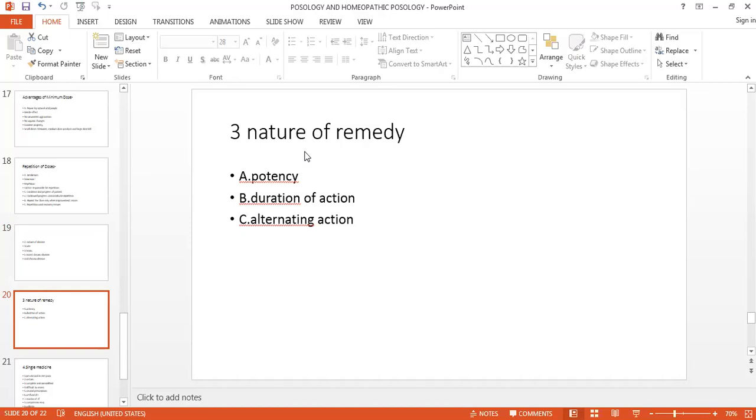So the most important weapon in our hand is the potency. You can increase the potency, you can decrease the potency. If you start with the higher potency, then you cannot come down. You will have to shift then to the 50 millesimal scale. But if you are starting with the lower potency, then there are so many weapons in your hand. You can go to higher potency and at the same time you can use the 50 millesimal scale. So better you start from the lower potency or the medium potency and then jump over. So this potency is again important. Second is the duration of action.